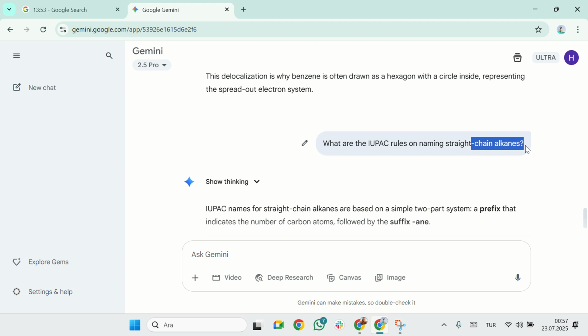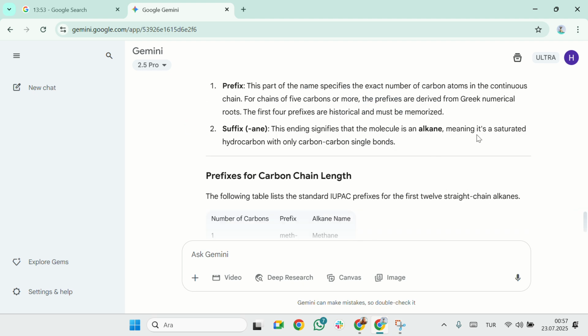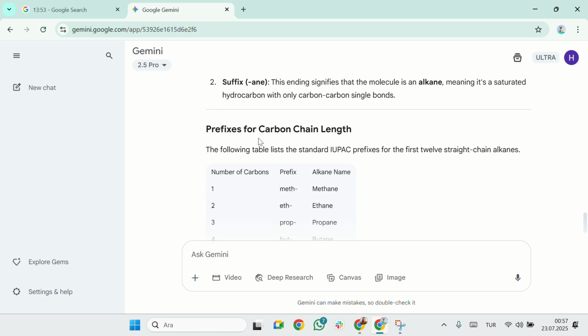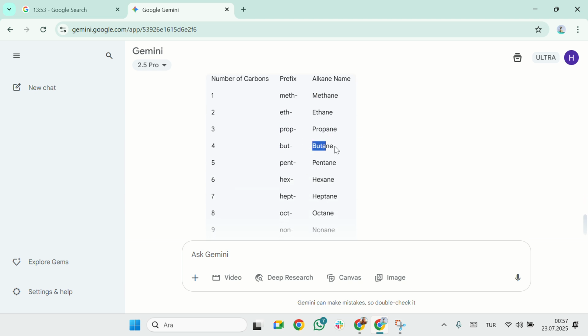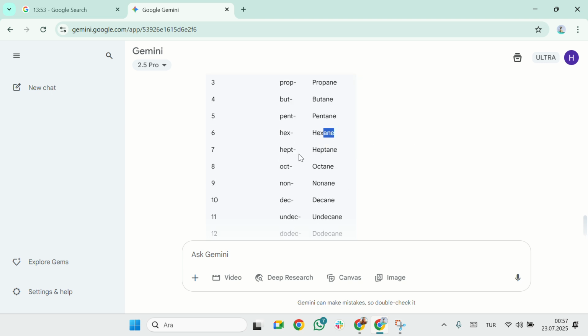Okay, because I have asked this. It means it's a saturated hydrocarbon with only carbon-carbon single bonds. Methane, ethane, propane, butane, pentane, hexane, heptane, octane, nonane,